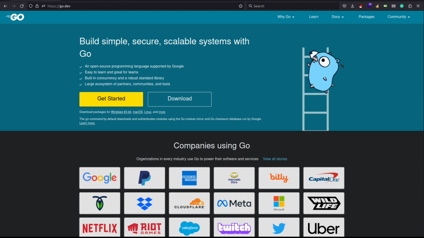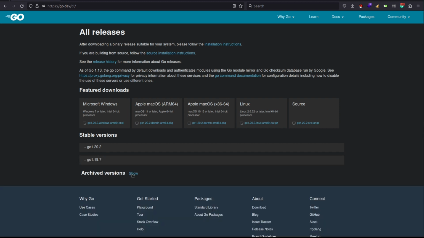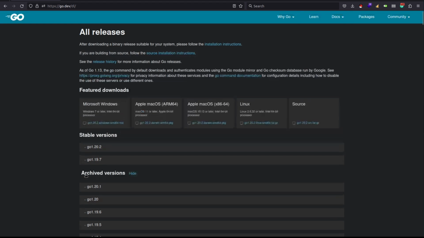Back in the day, the Golang website was golang.org, which has been changed to go.dev recently. To install Golang, we need to go to go.dev, as you can see in the URL here, and from there, we need to go to the download page. On this page, you can see different operating system installation links, the latest two stable versions, and the archive. Okay, now we're going to download the Golang archive,